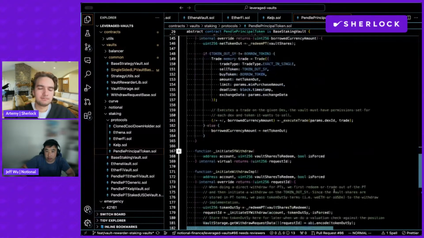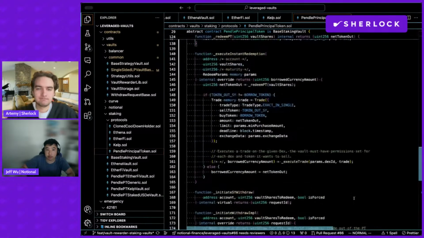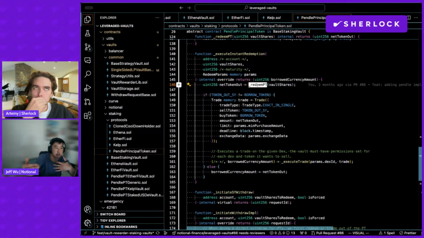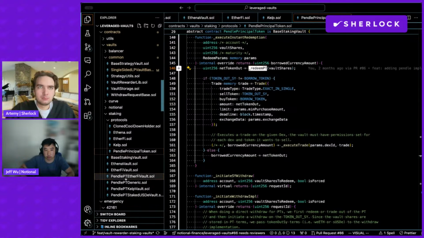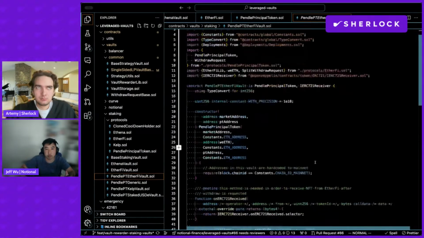Again, with the Pendle stuff, it's functionally very similar to the staking vaults. It's just namely when you're exiting this position, you're first redeeming your Pendle tokens, and then from there you're doing the withdraw queue stuff. So if you look at one of these implementations like the Pendle PT EtherFi,